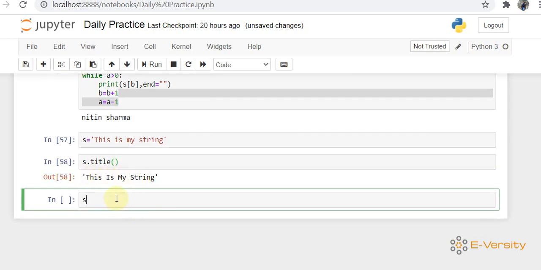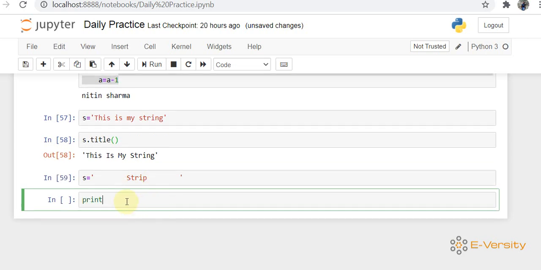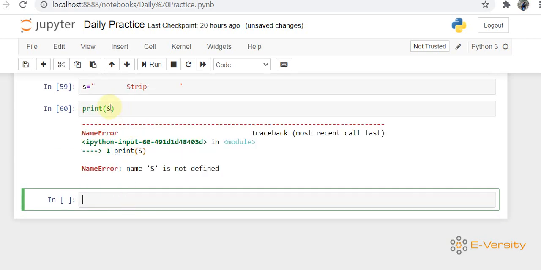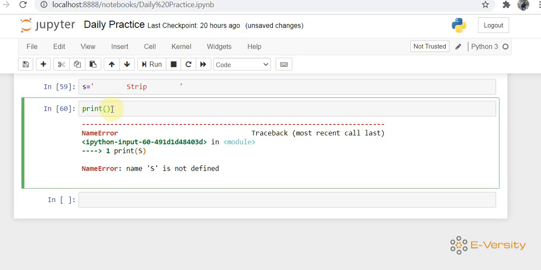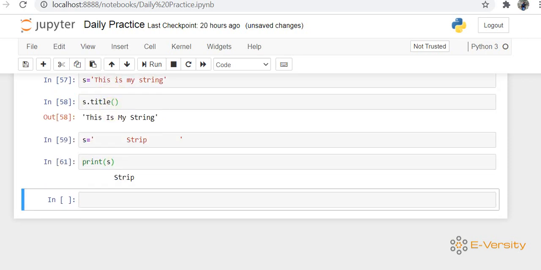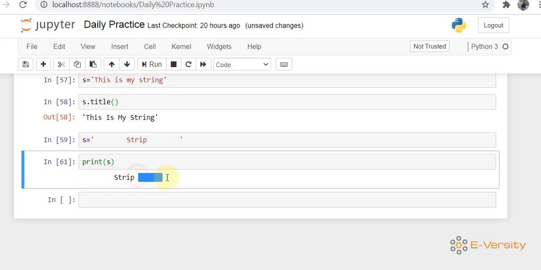I am taking another string with some spaces. When I print it, that is capital S, and you can see some spaces before and after.